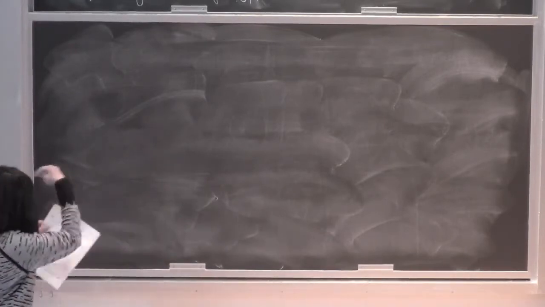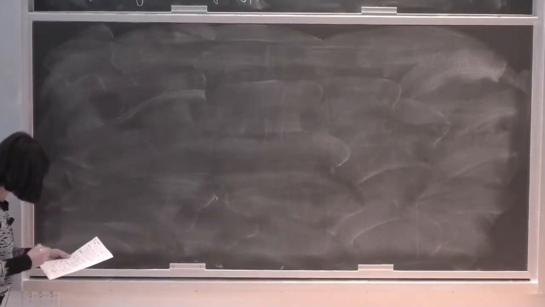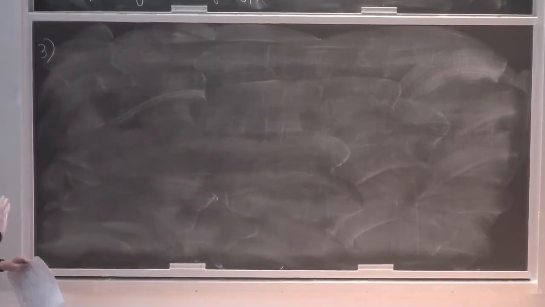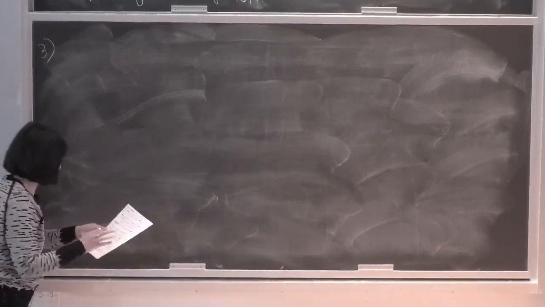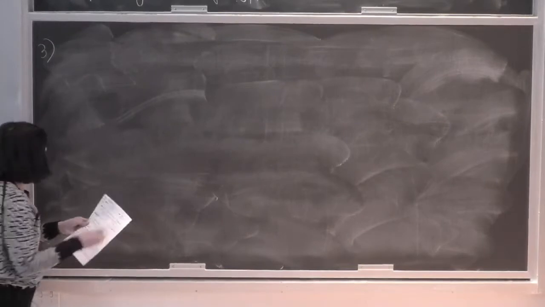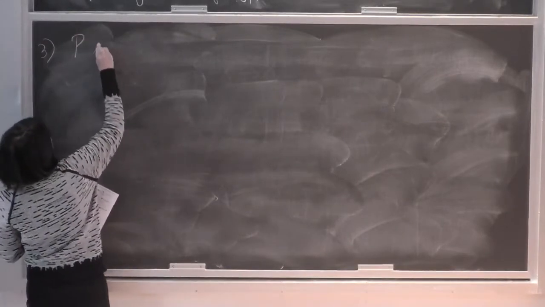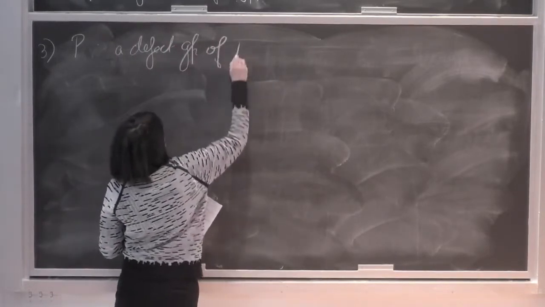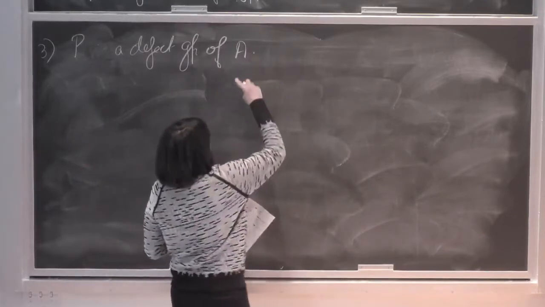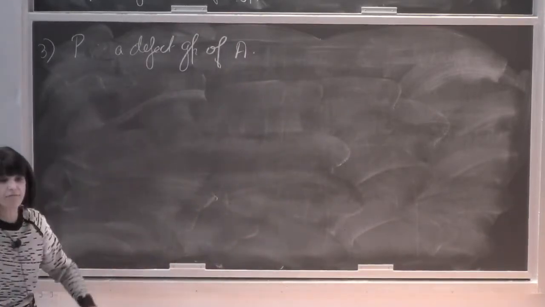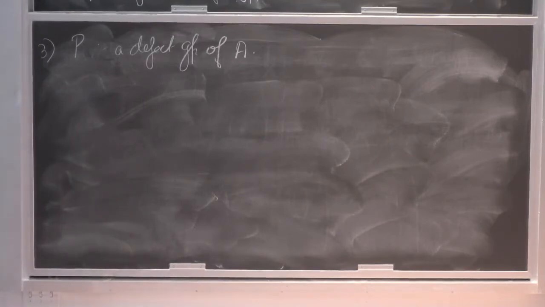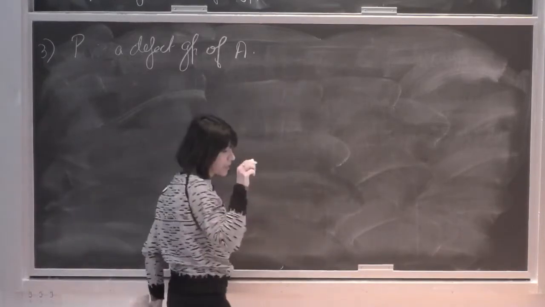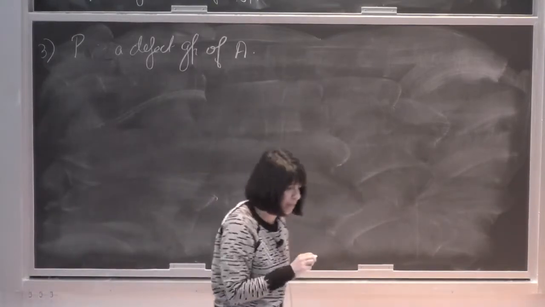Third part, which is actually sort of making this a bit more subtle, and this is in terms of idempotence. If this, the third statement, looks too complicated, you could more or less forget about it for the time being. Okay. So suppose P is a defect group of A. That means, remember, that you can get everything in AG as a relative trace from AP. Now this is going to refine that condition a bit more. It will tell you more precisely which part of AP you need.